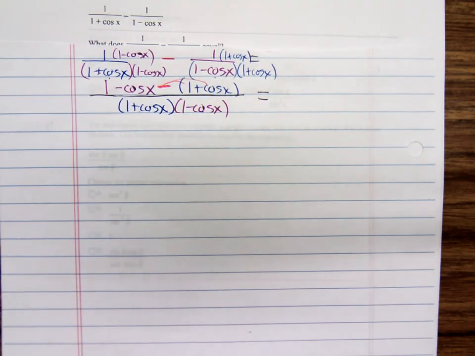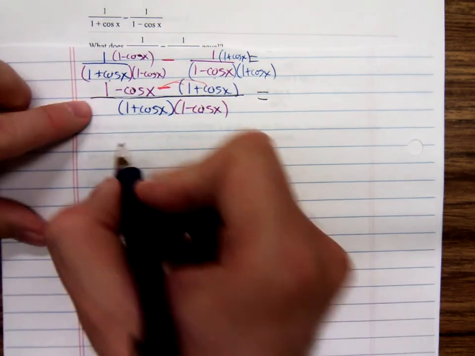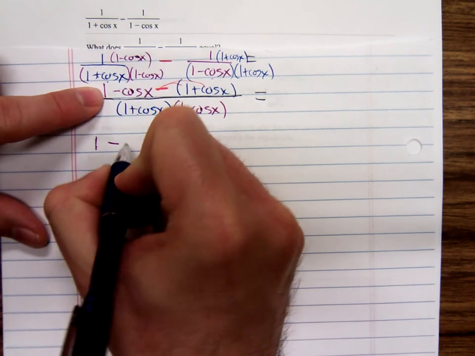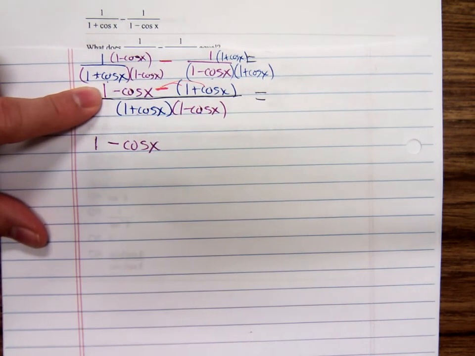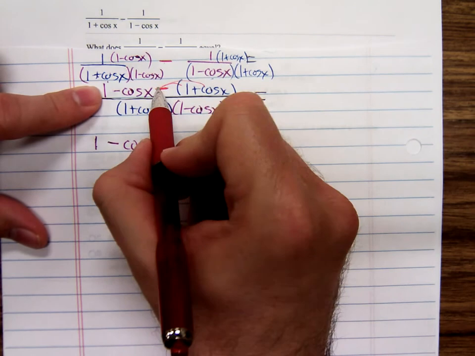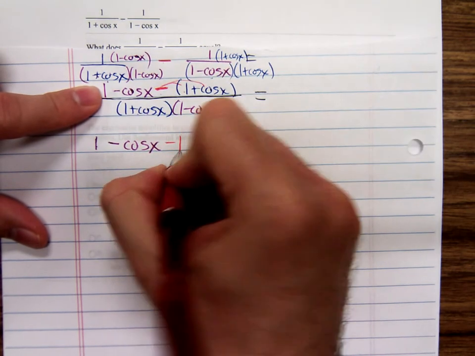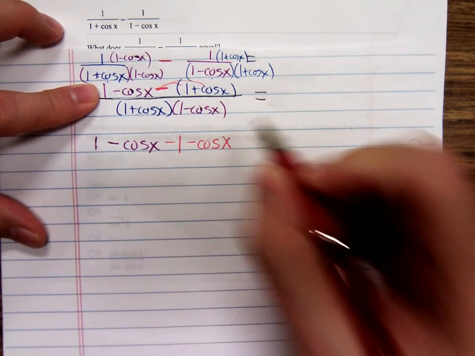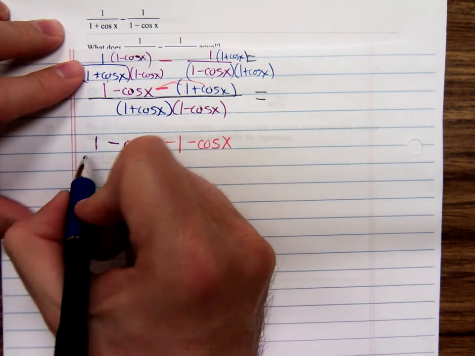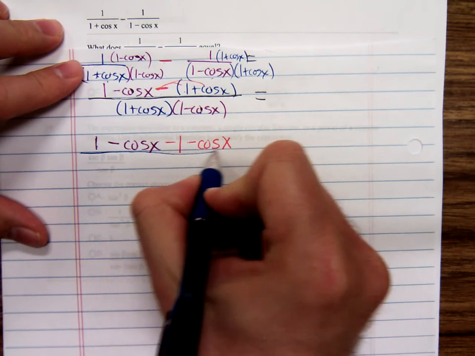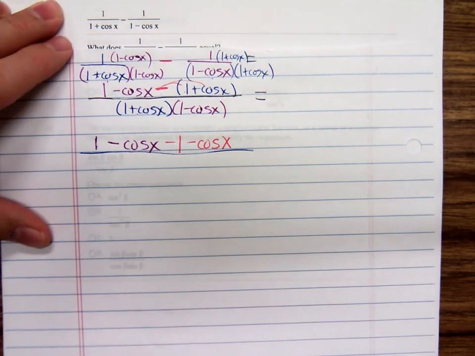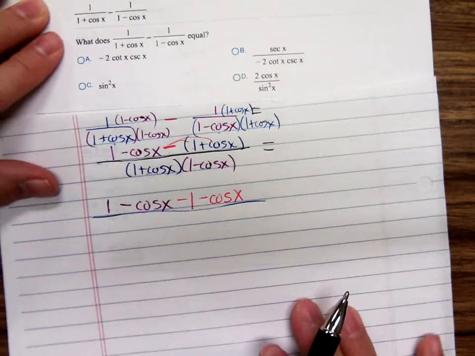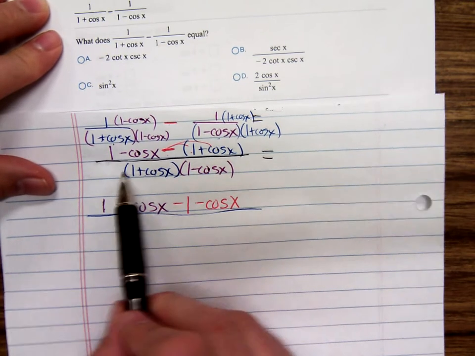So I would have 1 minus cosine x, then a minus 1, and a minus cosine x, all over. Oh gosh, let's go ahead and distribute, or FOIL out this 1 plus cosine x times 1 minus